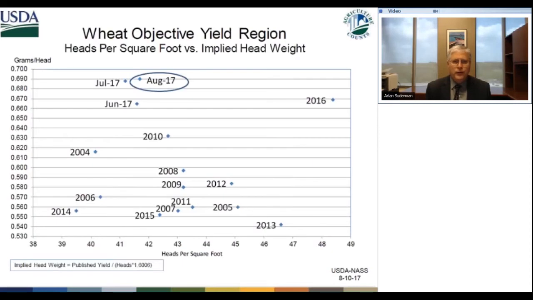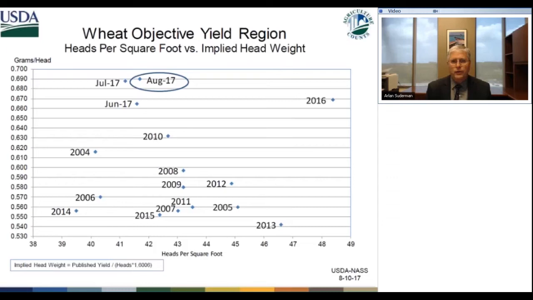And here's the adjustment in the winter wheat: look at the head weights, the weight per head. We saw a modest increase in the weight per head, and we saw an increase in the heads per square foot. So USDA adjusted both. Now, head weight is a calculated value. It is not measured in this survey, so keep that in mind. Overall, though, USDA is saying there's a little better head population than what it found in the July report. They were basically in the same fields, counted things a little bit differently, statistical variation from one report to the other, but that gave us the increase in production.